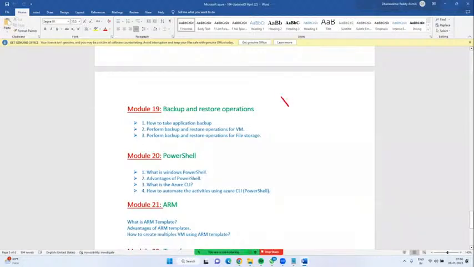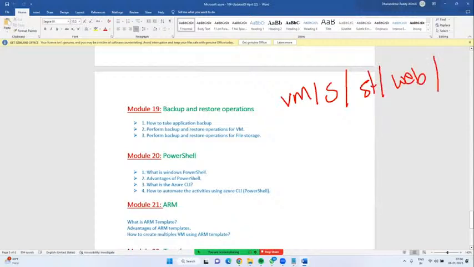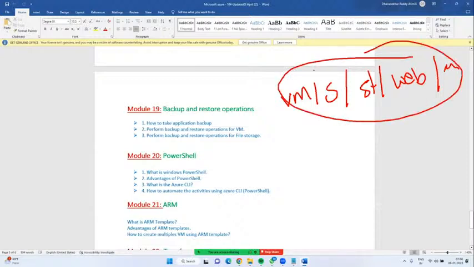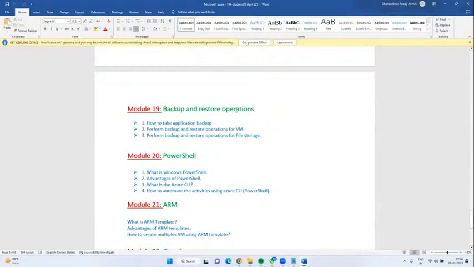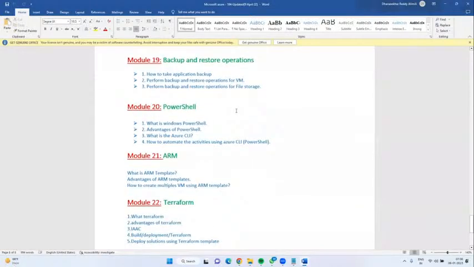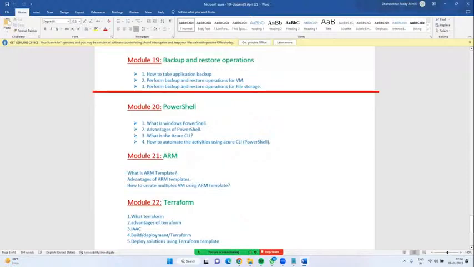I said, right, there is a virtual machine, there is a SQL server, there is a storage account, there is a web app. Okay, there are some other services. By mistake or accidentally, if they have been deleted, how to restore all these services? That all we will see in backup and restore operations. Okay, yeah. Next, from module 22, the remaining all we will call as